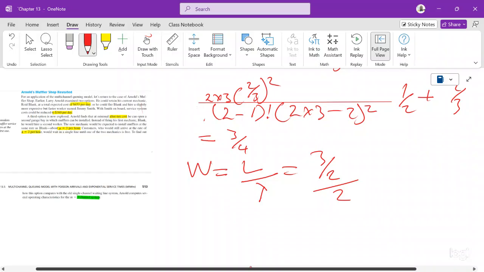Okay, then we have the probability now. P is equal to this over M that, then 2 over,